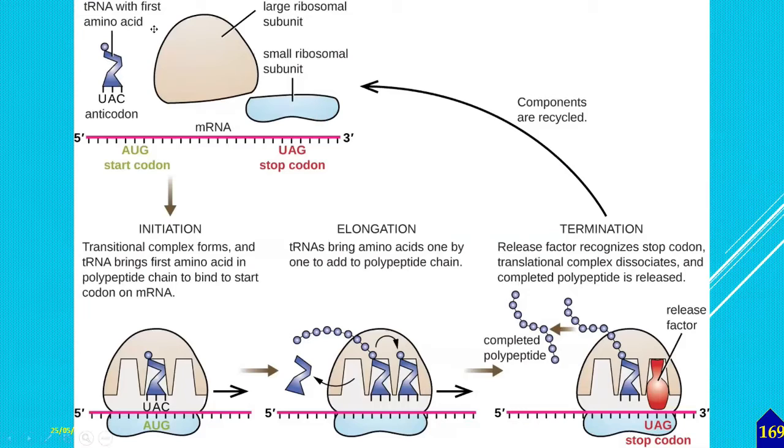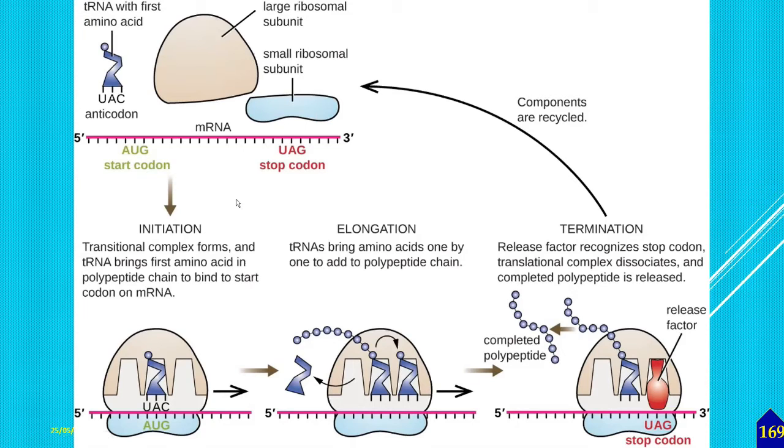So tRNA will be there, and this is the 5' end, then this is the 3' end, and the AUG start codon, and this is the ribosomal 50S subunit. So initially no subunits are formed. One is the larger subunit and the other the smaller subunit, and they are going to form. Here AUG means the amino acid sequence is different. When the stop codon comes, the protein synthesis stops. So this is called the initiation step.